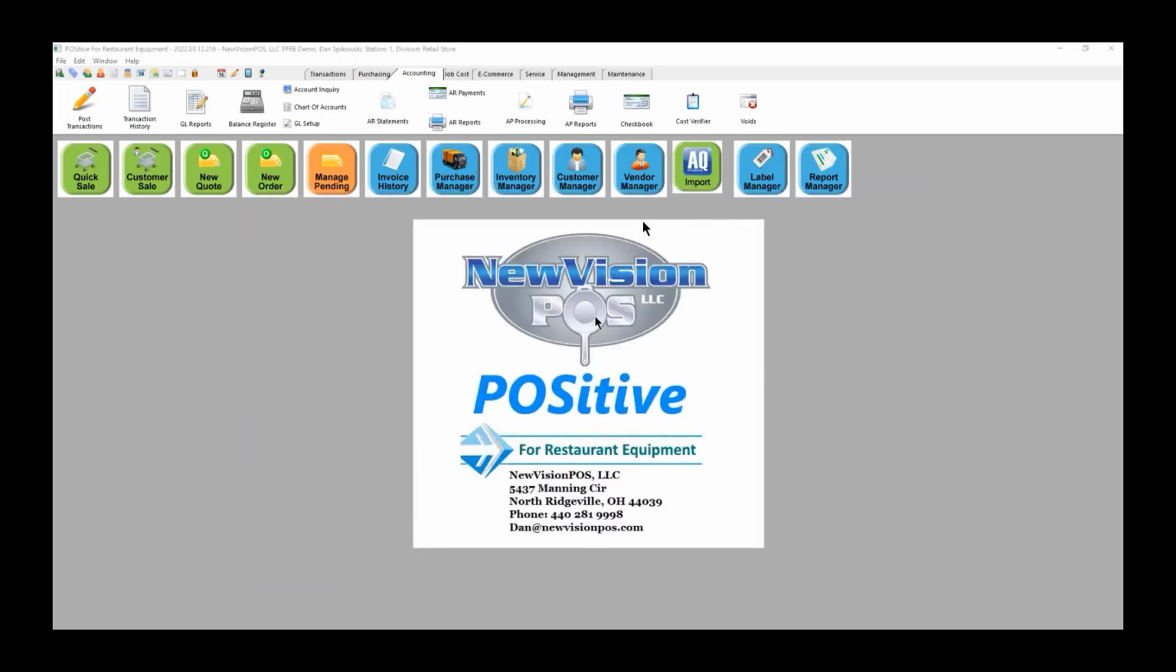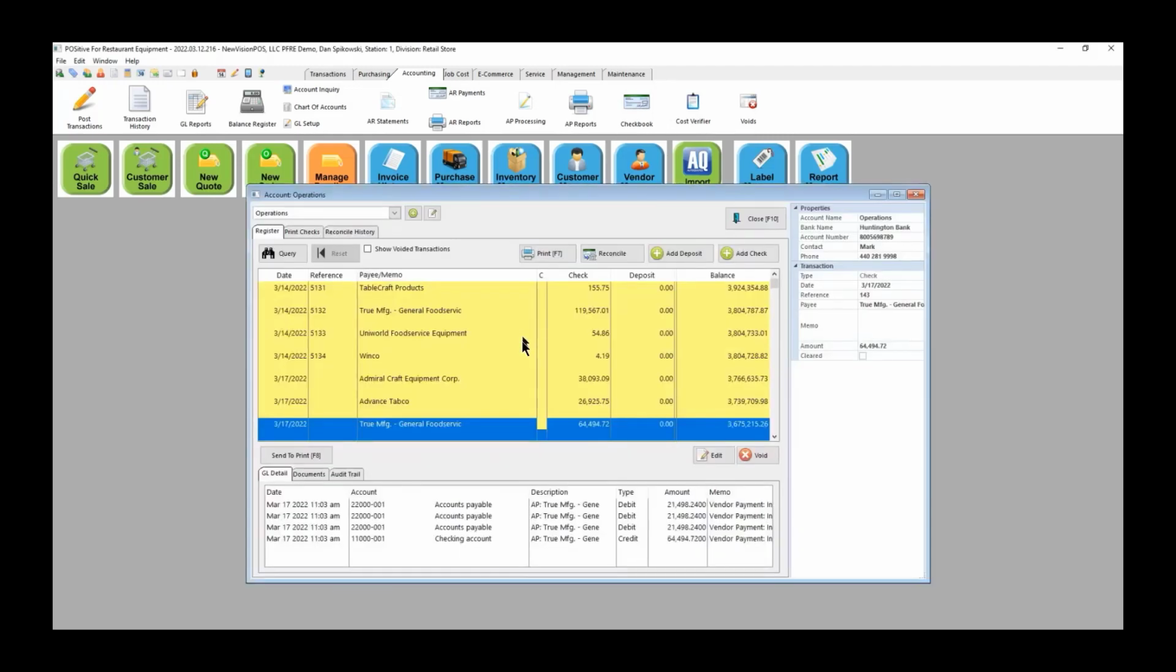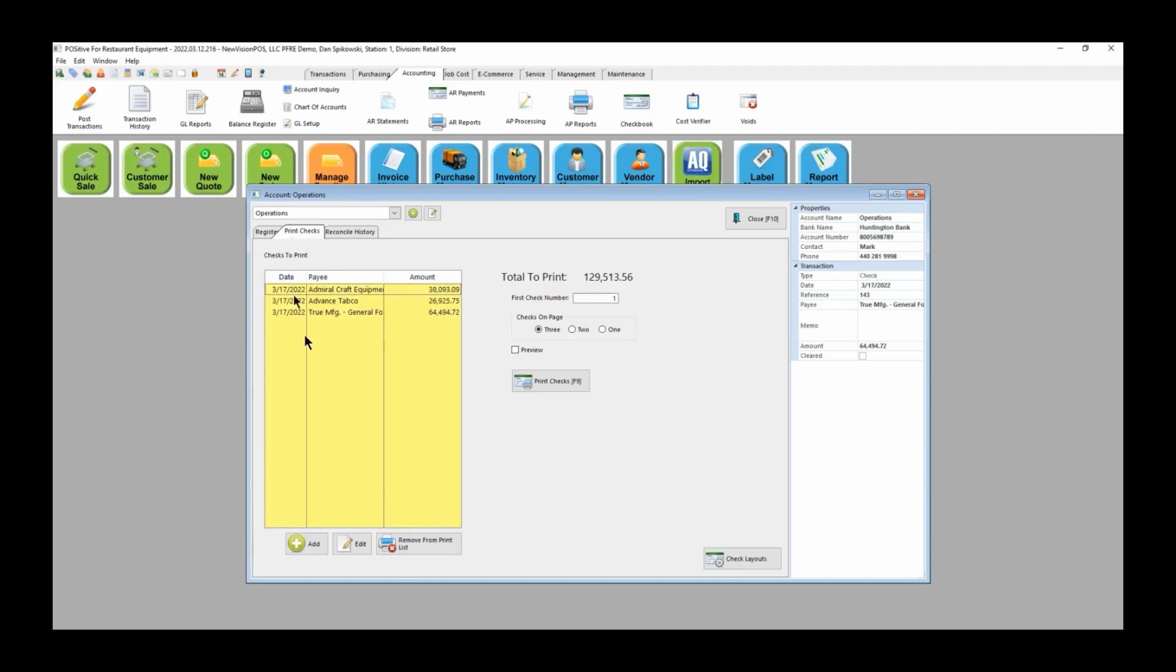So now in my checkbook, I have some invoices here that don't have a check number: Admicraft, Tamco, and True. So my last one is 5134. If I go to print checks and say 5135,